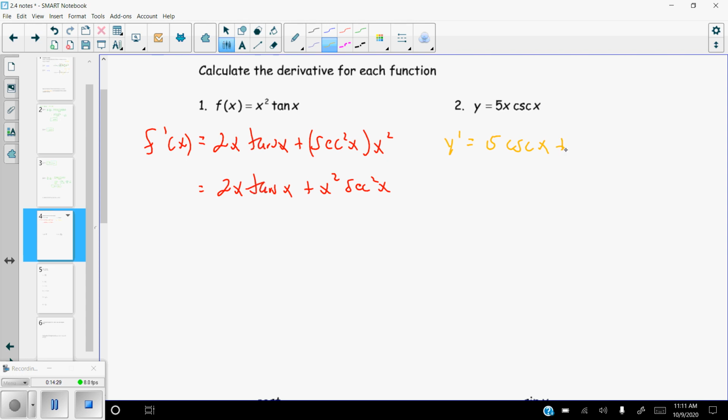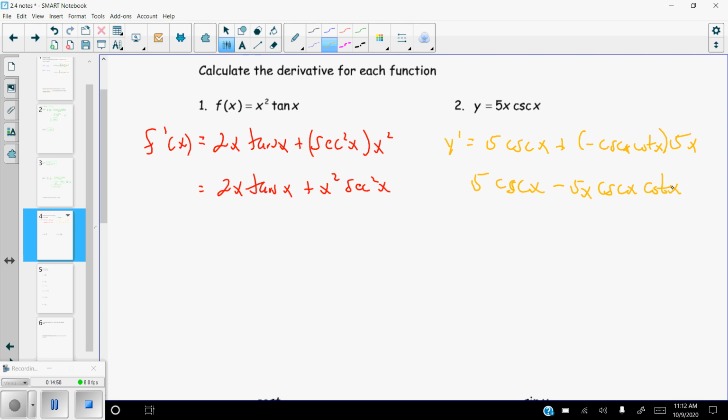The derivative of cosecant was negative cosecant x cotangent x, times the first function, which is 5x. And then again, we're just going to clean this up a little bit. So it'll be 5 cosecant x. We'll move the 5x and the minus sign to the front, cosecant x